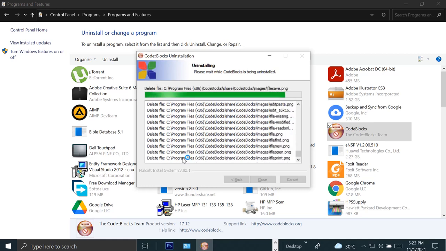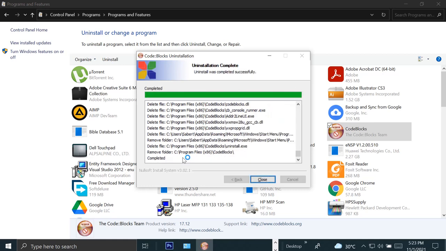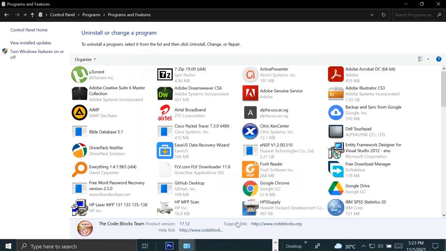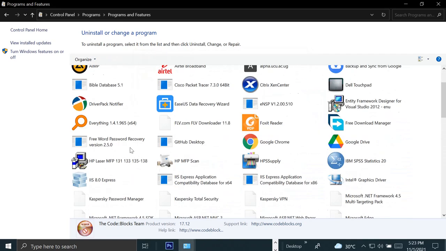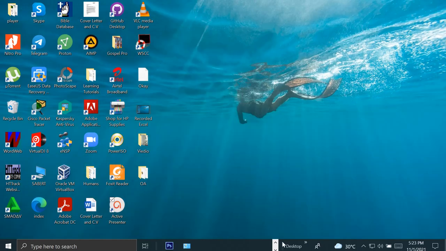Just a little bit of patience. Okay, so after removing Code::Blocks, I will ensure I have internet connectivity on my PC, which is okay,